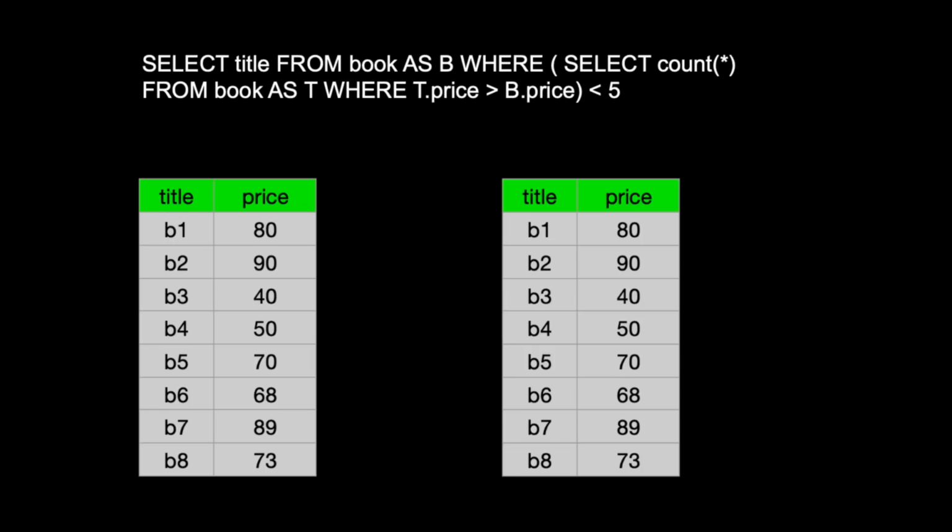Okay, fine. So now again, because we are using two tables, one table in the outer query and one table in the inner query, I have taken both the tables in a very different manner. Let's suppose this is the B table and this is the T table. This B table is actually being used in the outer query and this table is actually being used in the inner query. I hope you have got this thing.